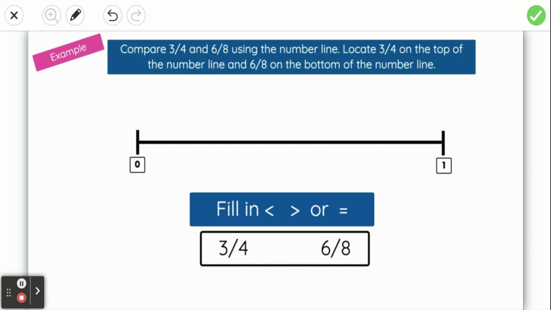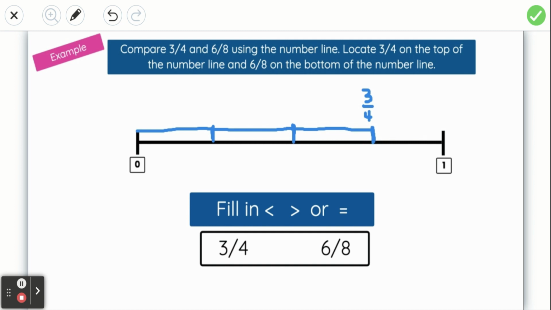Now we're going to look at non-unit fractions to compare. So as we can see, we're going to divide the line on the top into fourths again, looking at that denominator to help us. So 4 equal parts on the number line. And this time we're locating 3/4. So here from 0 to right at this point would be 1/4, 2/4, which is the same as half or 1/2, and 3/4. So here's where 3/4 is, and now I'm going to divide the bottom line